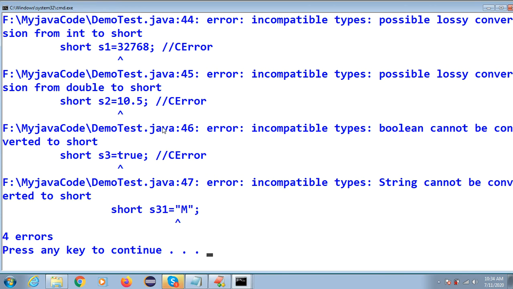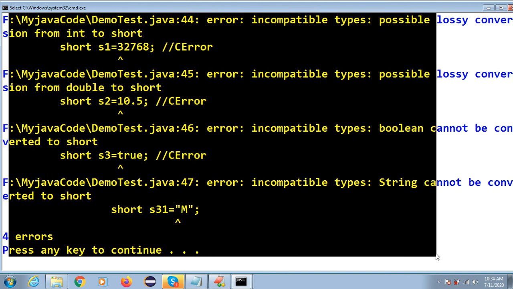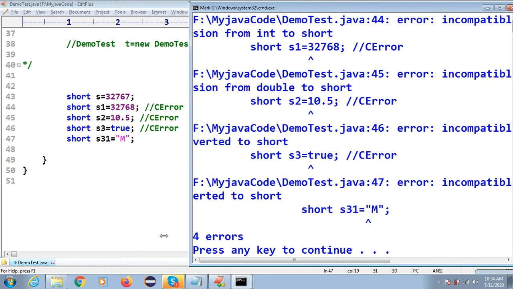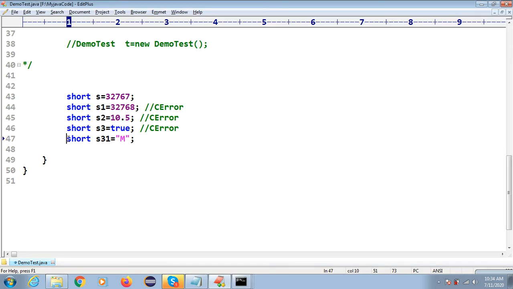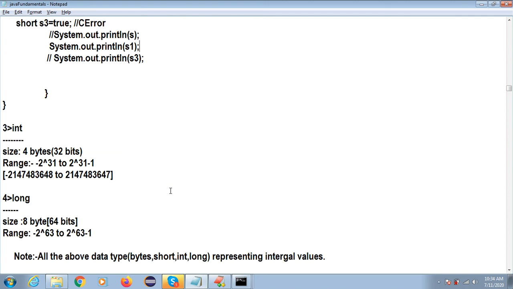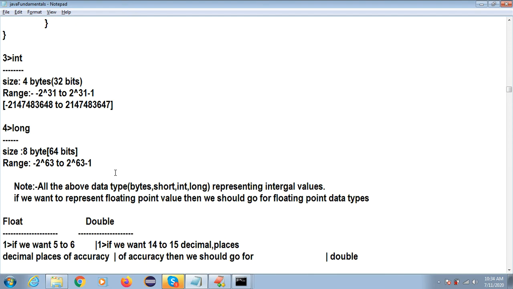What error are we expecting? We need to also check this compile time error, because when you are writing any code, or if you are a beginner, you will definitely get many compile time errors, but we need to understand why the error is coming. So this is your byte type. You can try this code on your system. Every code I'm going to discuss, you can type on your system. Even if it is a single line of code, type it and check how it works. So this is the integer type.